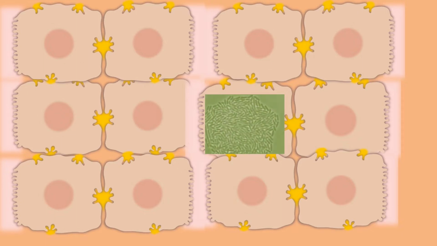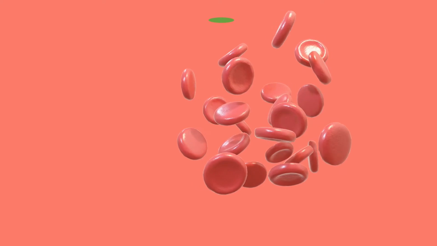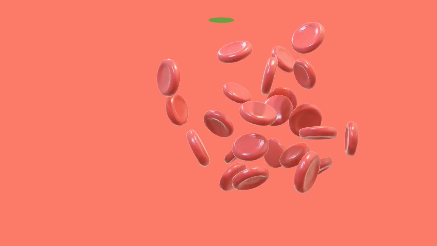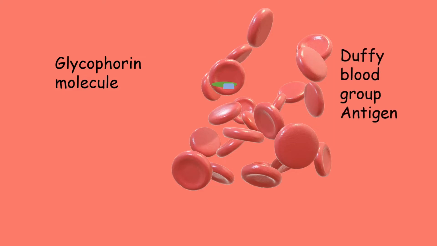Now there is one interesting thing that we need to know about Plasmodium vivax and ovale. Here, some latent hypnozoites remain in the hepatocyte, and these are responsible for the later relapses that we can see even after several weeks or months of the primary infection. Once released from the liver, the merozoites bind to the sialic acid residues on glycophorin molecule on red blood cells and invade it by active membrane penetration. Plasmodium vivax uses the Duffy blood group antigen to enter into the red blood cell.